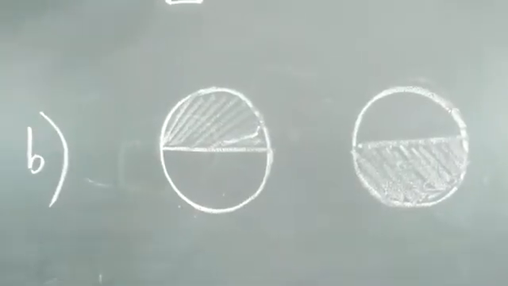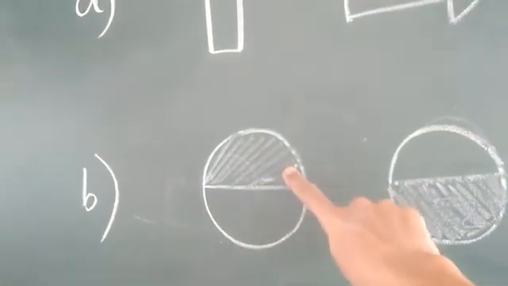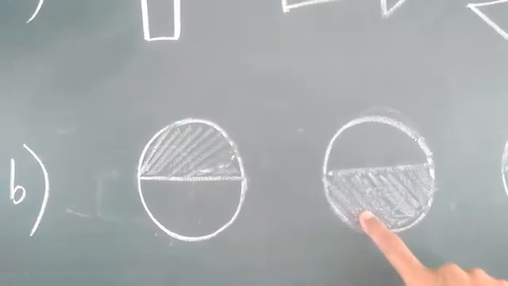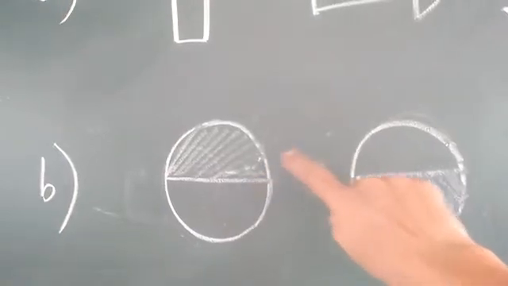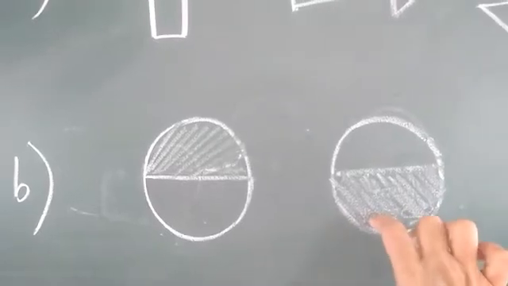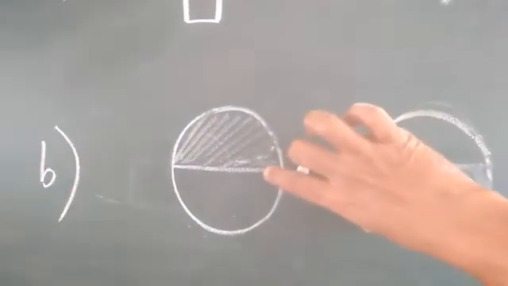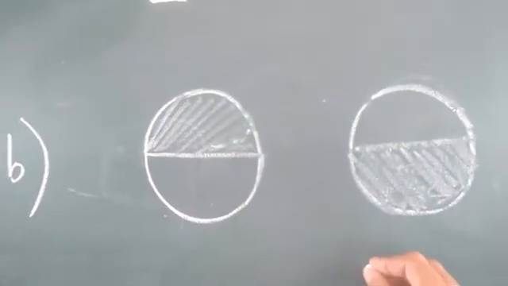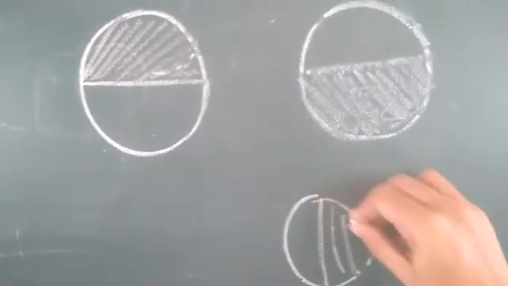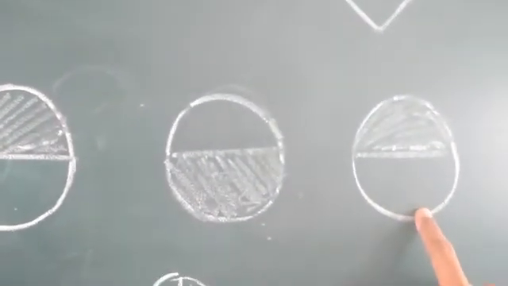Okay. Question B. Here this is one. Here the shaded part is on the upper position. Here lower. How is it getting there? It is getting there by rotating a half turn. Is it? Not a quarter turn. If it is turning a quarter, you will get the shaded portion like this. But it is a half turn. Okay. Again a half turn, next figure.